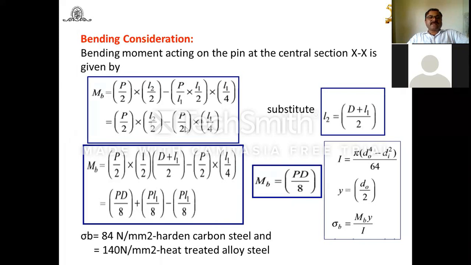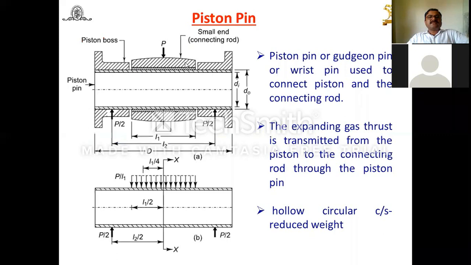Look at this diagram. Here you will find the small end of the connecting rod. We are going to assume a uniformly distributed pressure at this small end part. It is assumed, that's why in the diagram it is shown as uniformly distributed. This is L1. L1 means the portion of the small end of the connecting rod which comes in contact with the piston pin. This is L2. L2 takes care of the load coming because of P2, and that L2 we have to find out.